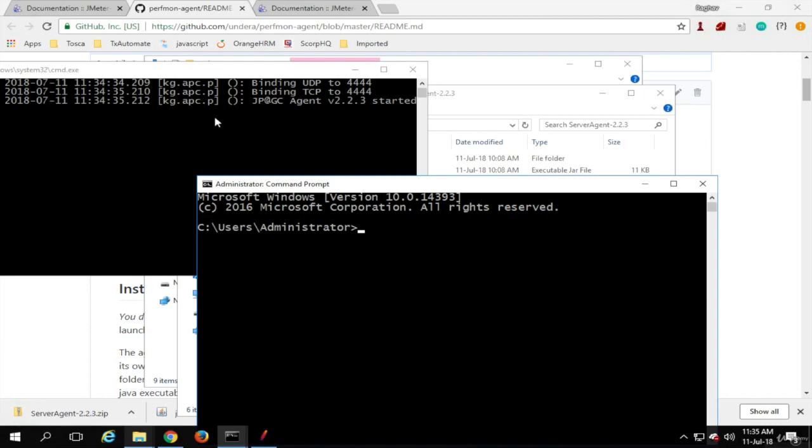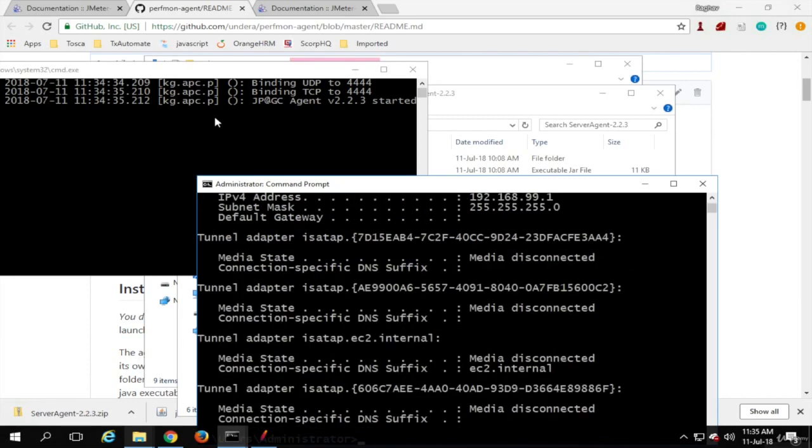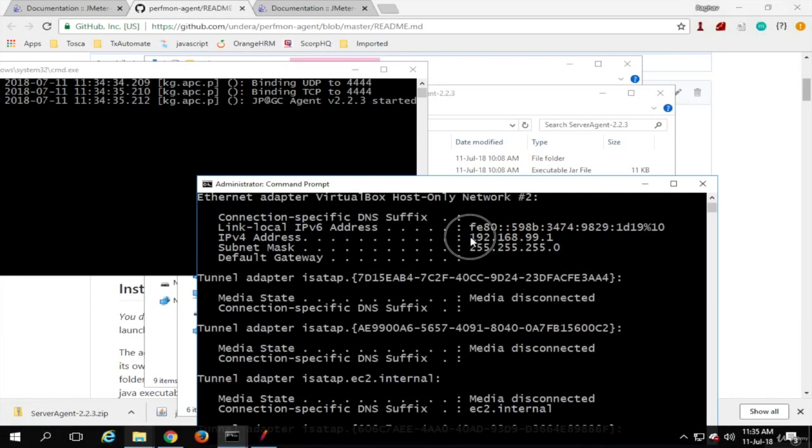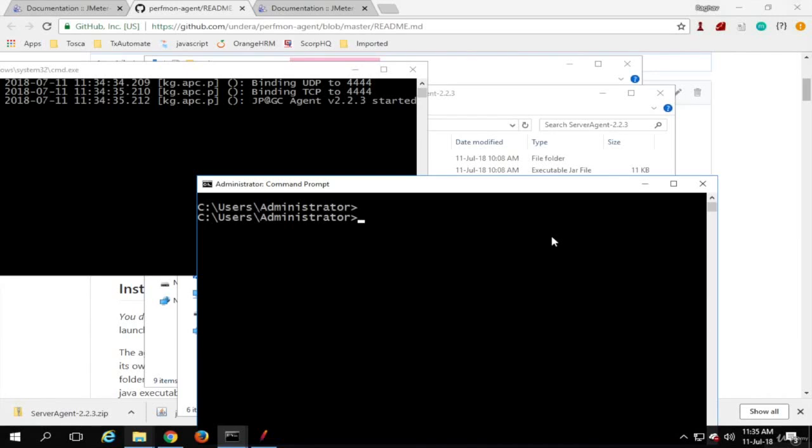Because I'm on the same system, I will just check the IP by the command ipconfig, and this is the IP. I'll just copy this, and now I can say telnet to this IP and at port 4444.